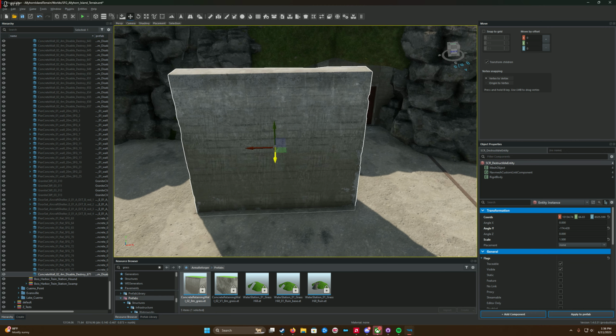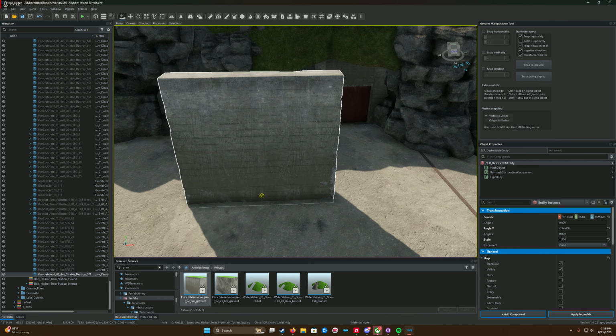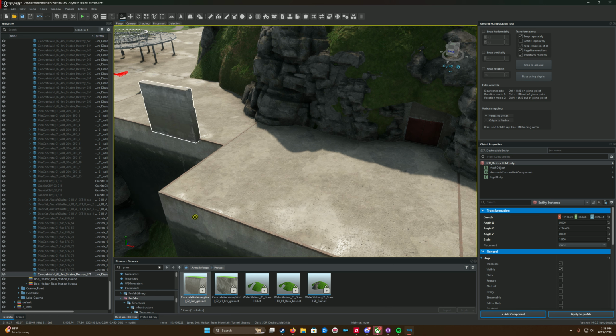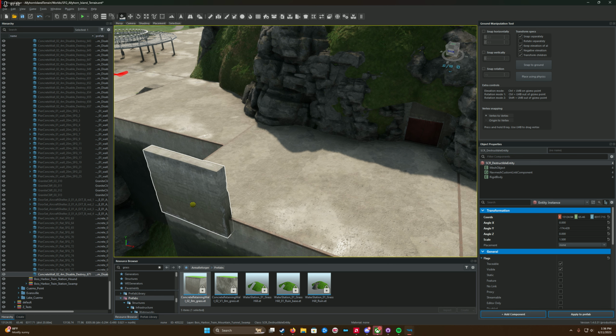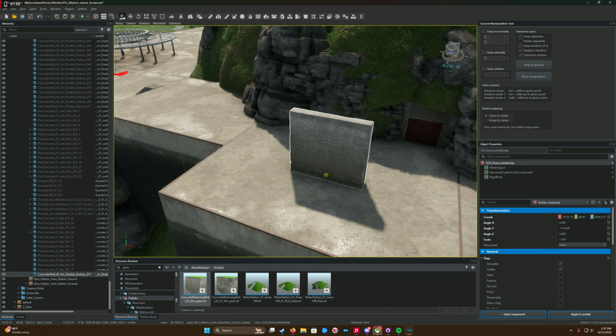All right. So Q, the ground manipulation tool, will give you a dot, and you can move this dot around by left clicking on it and dragging. As you see, the item moves with where it wants to snap to. This can be a little hit or miss sometimes. I don't use this a whole lot. What I like to use is the move tool, which is W on the keyboard, and that gives you these